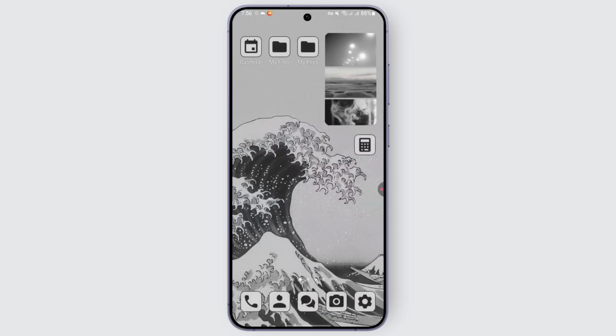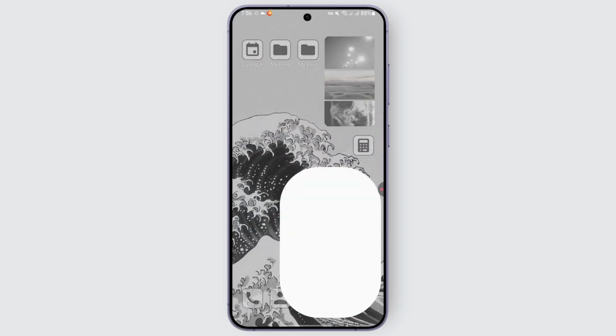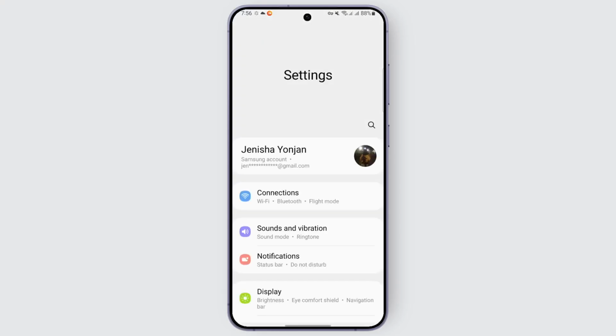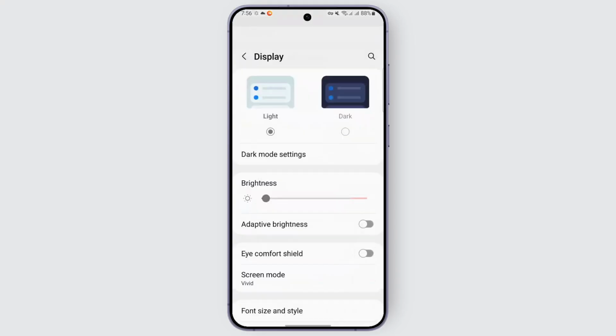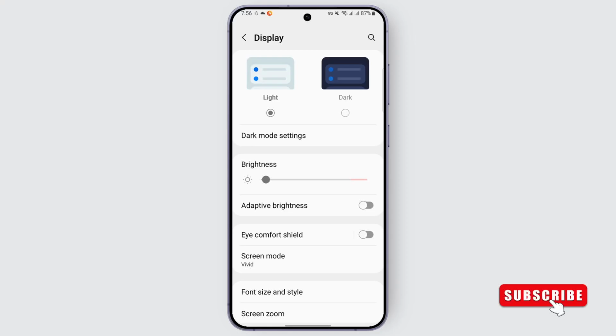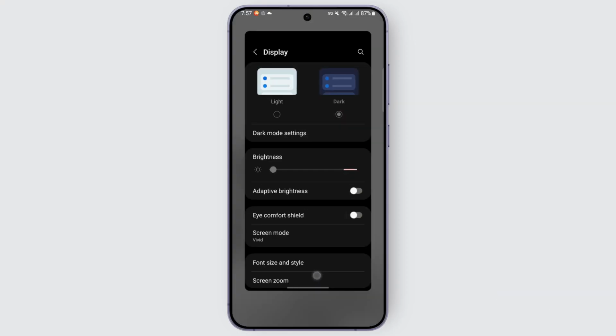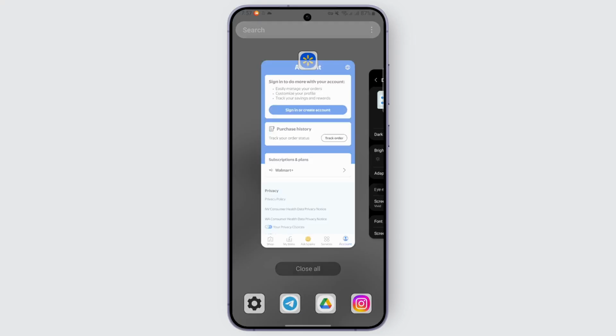For that, head over to your device's settings and open it up. Then you may just go over to the option called display, tap on it, and from display go over and select dark mode like this. And once you select dark mode, when you head over and open up the Walmart application, you should be